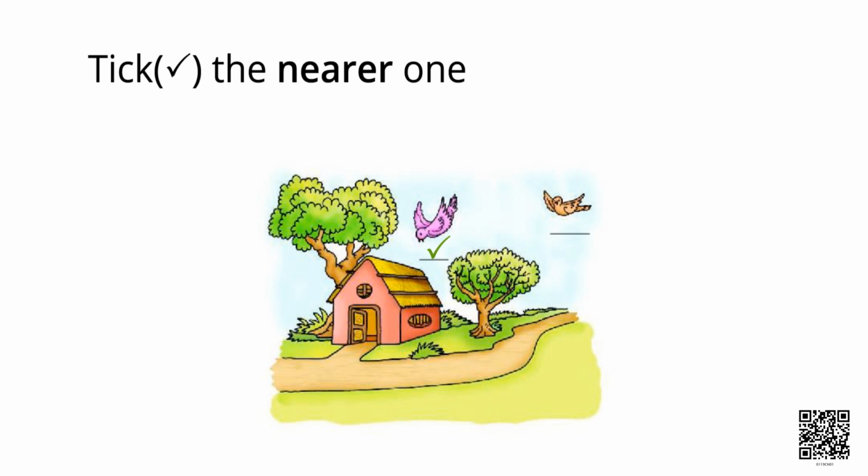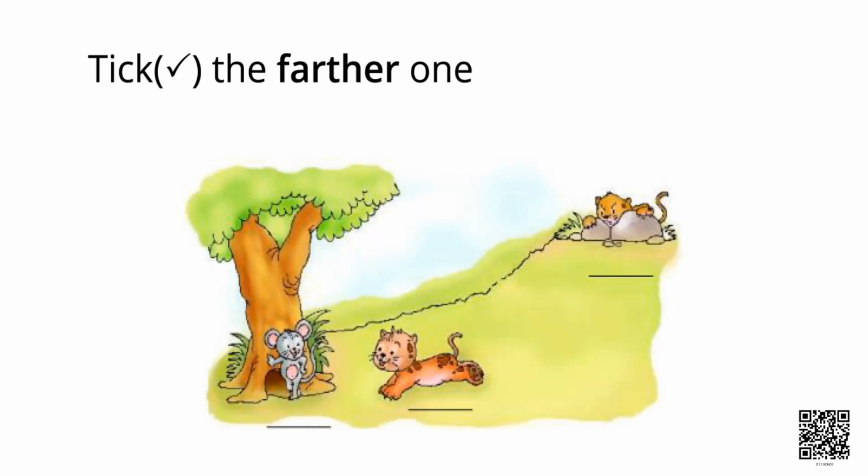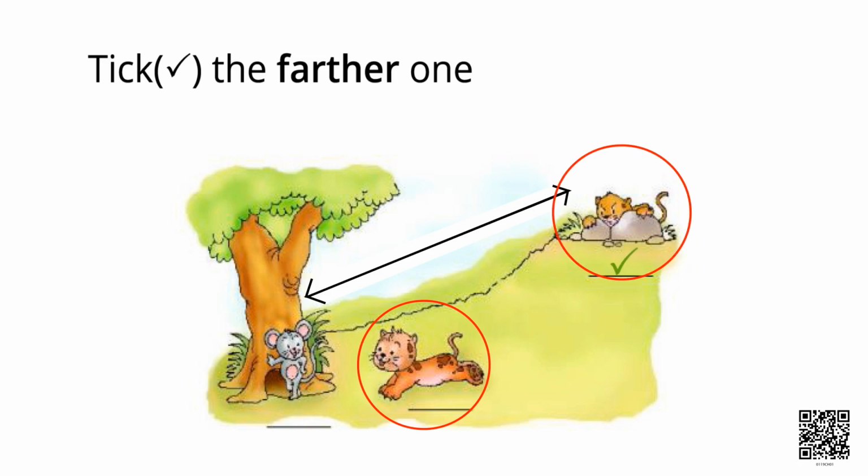Okay, now see here. You have to take the cat which is farther from the tree. Look. That cat is far away. Very good, dear child. That cat is far away, so it is farther from the tree. Tick mark. This cat is nearer to the tree and that cat is farther from the tree. So, dear children, now you see